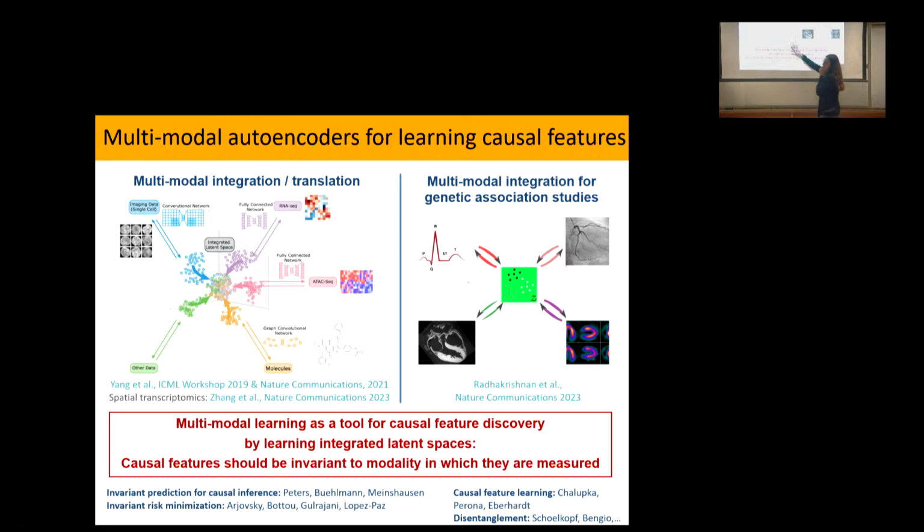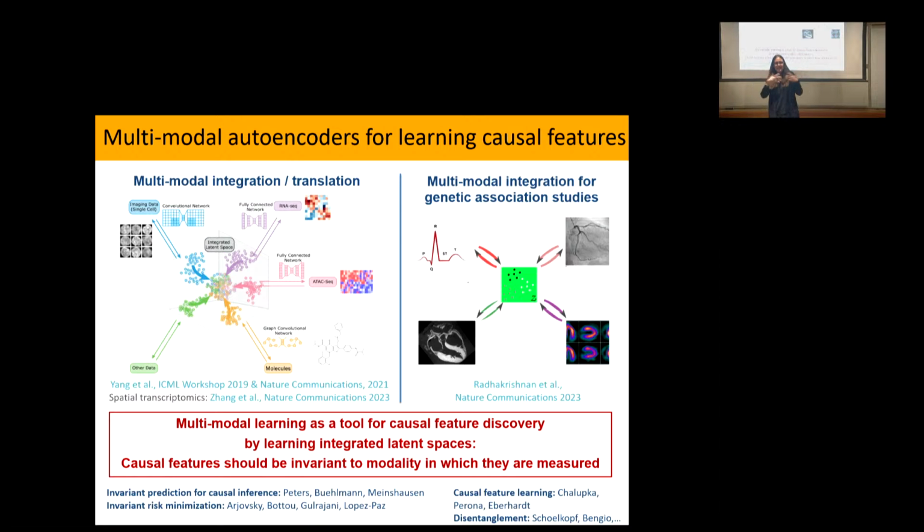So here is some intuition. Whatever is causal should be there in the system, whether you look at it from the right or from the left, from the top or from the bottom. It should somehow be invariant to how you're measuring it. Whatever is causal in the cell should be there no matter how you're measuring it. That's the intuition for how multimodality might help. If I'm looking at a cell from imaging land or from sequencing land or from whatever land, there will always be some biases and some associations that you build in just because of the measurement process.